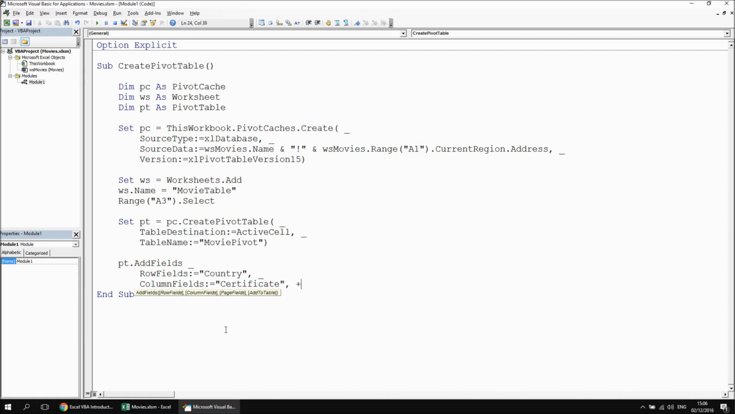And then I'll also set up a page field as well. Excuse me, sorry, that should have been an underscore character. Then the page fields will be equals studio. I'd also like to add in a data field, so I'm going to use a separate method for that. I'm going to say